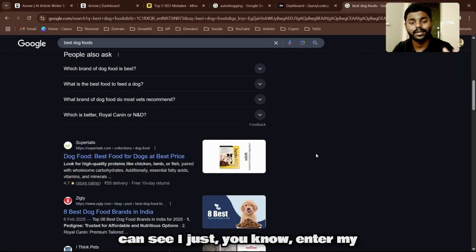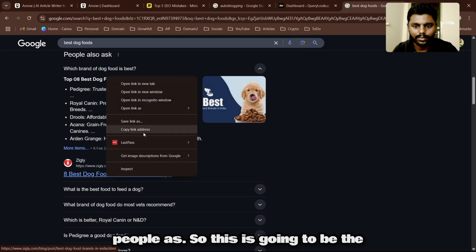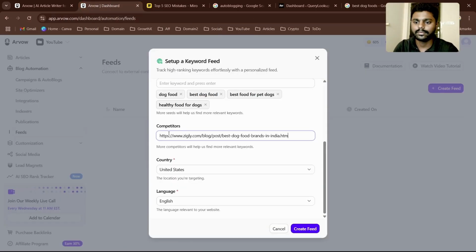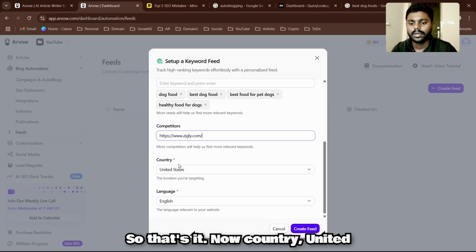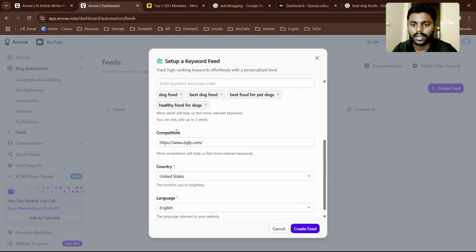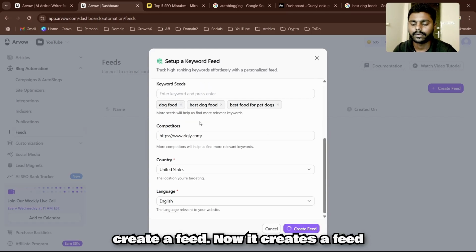So right now you can see I just entered my keyword. So this is going to be the competitor link address, and go to the web dashboard. So that's it. Now country, United States, and English. Create a feed. You can only add up to 3 seed keywords. Okay. Create a feed. Now it creates a feed,